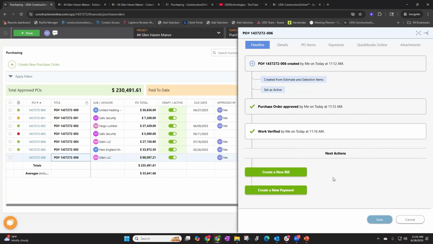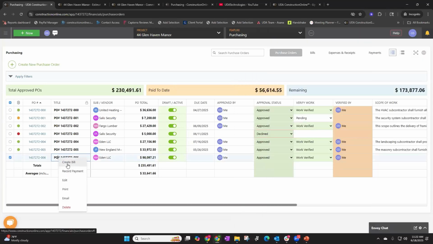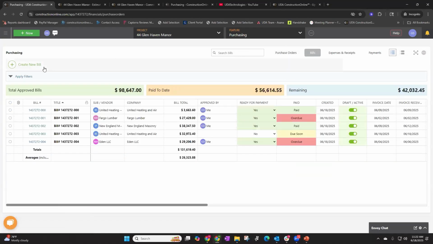So they're kind of two parts of the same process, but it seems like it could really help prevent some of those types of errors as well. Yeah, so if we go in, we can either choose to create a new bill from this timeline. We can right click on the purchase order and create a bill. Or if we are in the bills tab, we can also go in and create the bill from that purchase